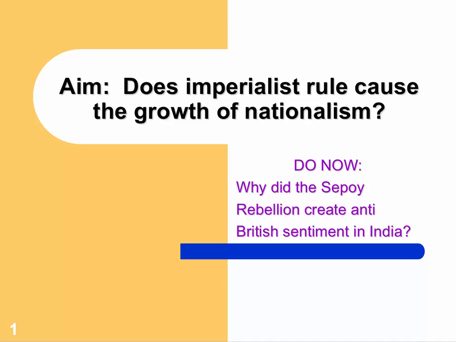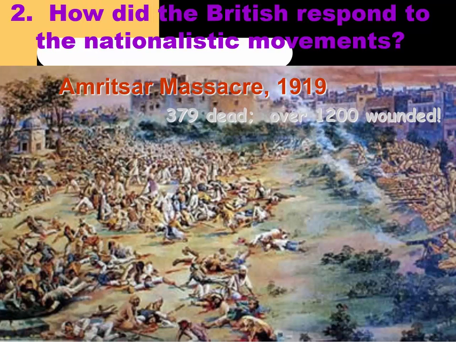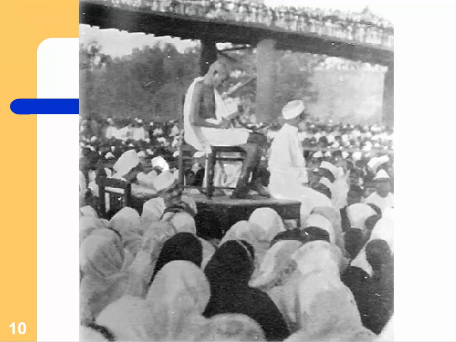And in class, we had talked about the Amritsar Massacre, and then we had talked about how the response to that was that Gandhi started the non-cooperation movement in 1920. So we were on this question, how did the British respond to nationalistic movements? And we were in the middle of talking about Gandhi and the steps that Gandhi had taken. In June of 1920, Gandhi started the non-cooperation movement,